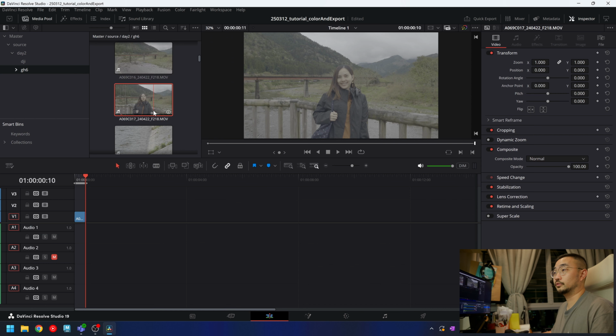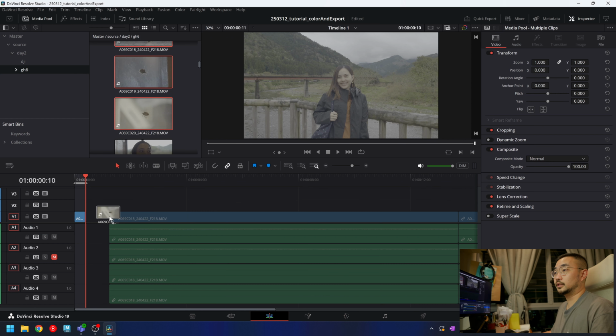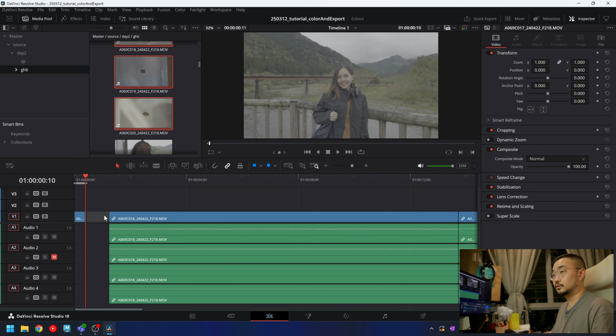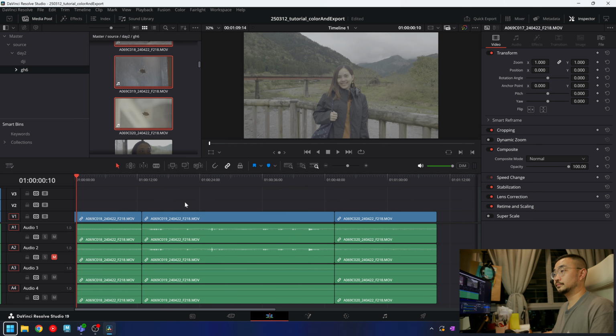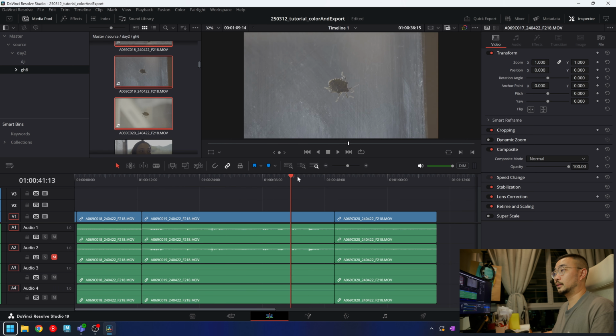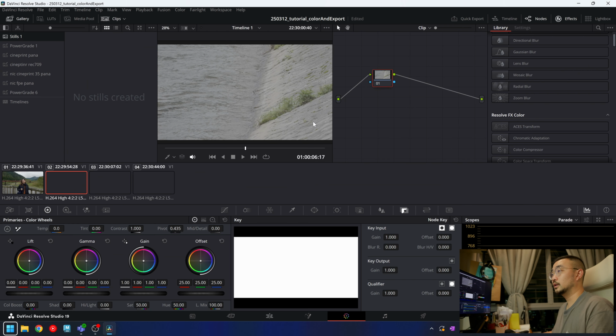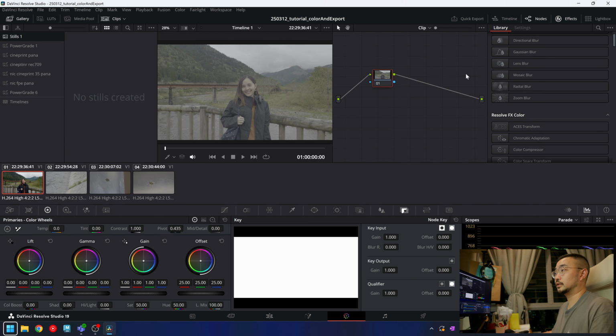Let's just say I have a whole bunch of clips here. Instead of applying LUTs to each and every one of them, or creating a node tree and copying and pasting node trees, which is kind of a mess if you're working with multiple cameras,